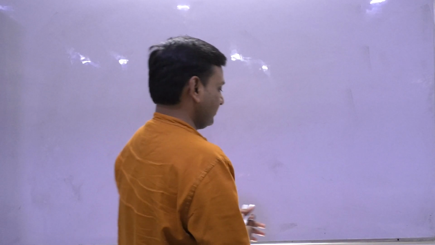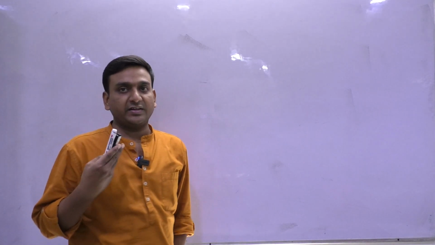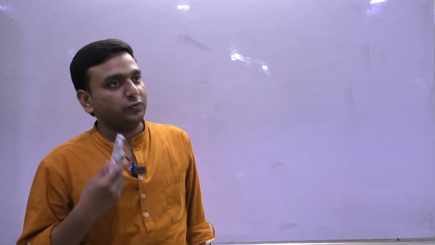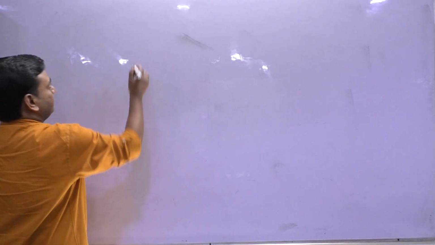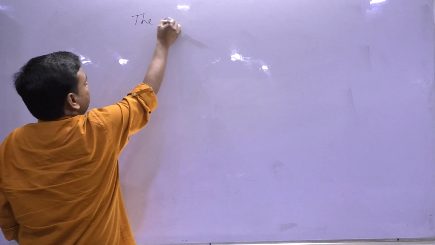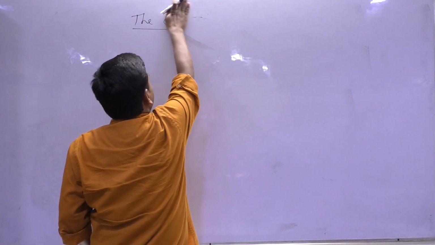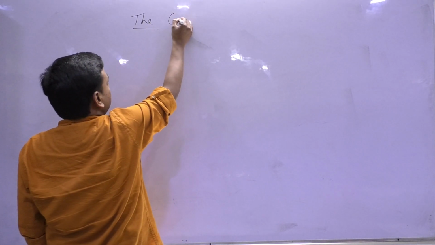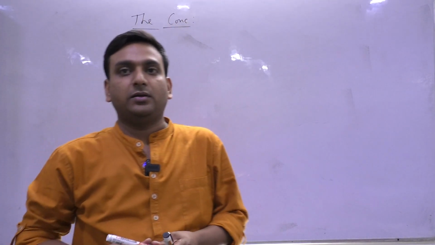Hello dearest friends, so let's continue the lecture, the ongoing series: introduction, planes and straight line, and the beautiful use of plane and straight line in the sphere. Now let's do the cylinder and cone, basically the chapter. So first we will be doing the cone, and then we will be dealing with the cylinder part.